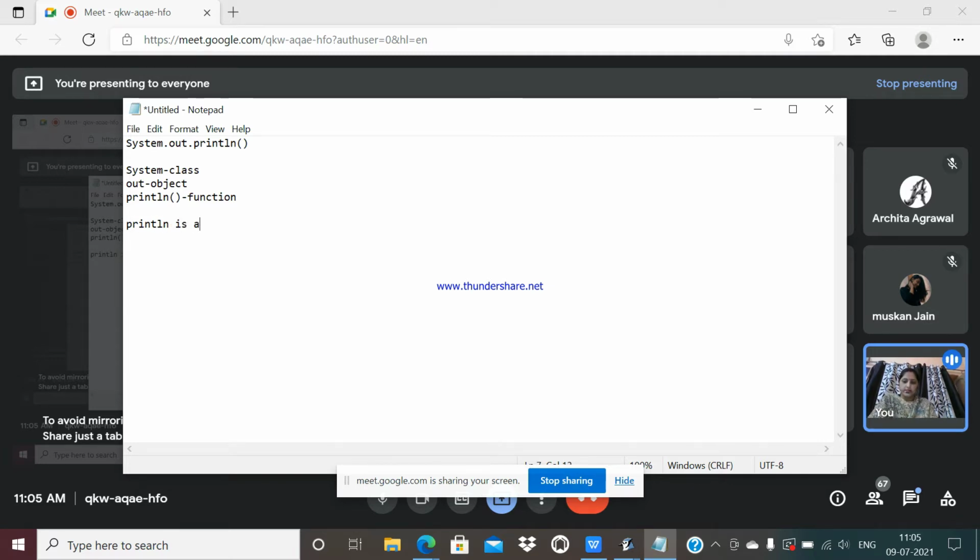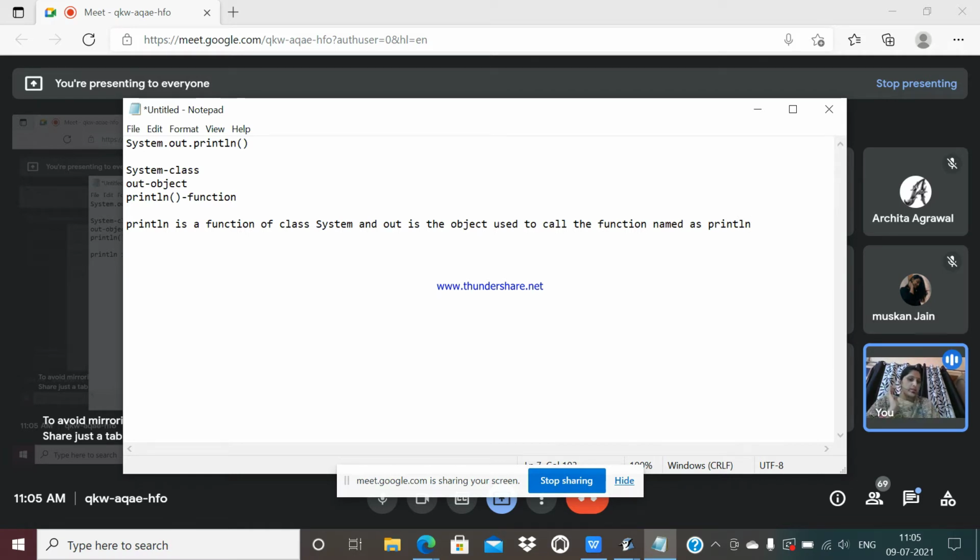Println is a function of class system, and out is the object used to call the function named println.